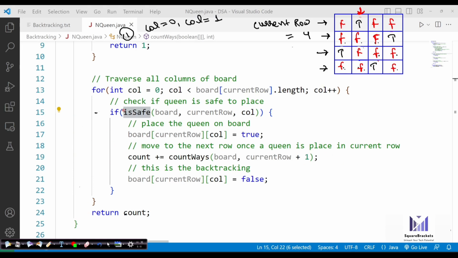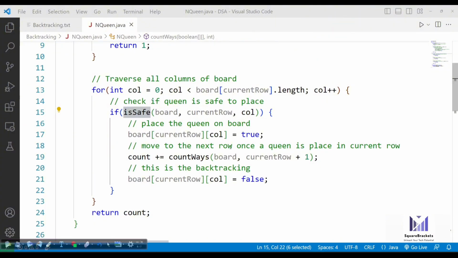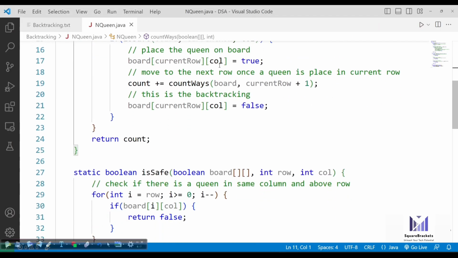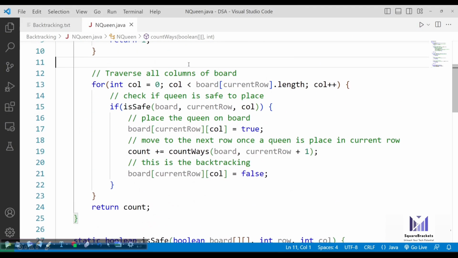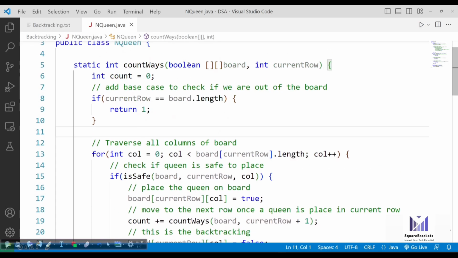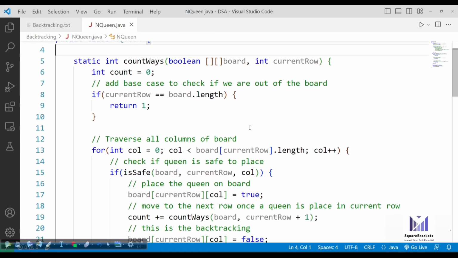Because this is the last place where we executed our loop, and now column will become 2 for the first one, and then it again starts the recursive process. So this is how our complete logic of nQueen executed. Now I hope you are clear with this logic execution of the nQueen problem.